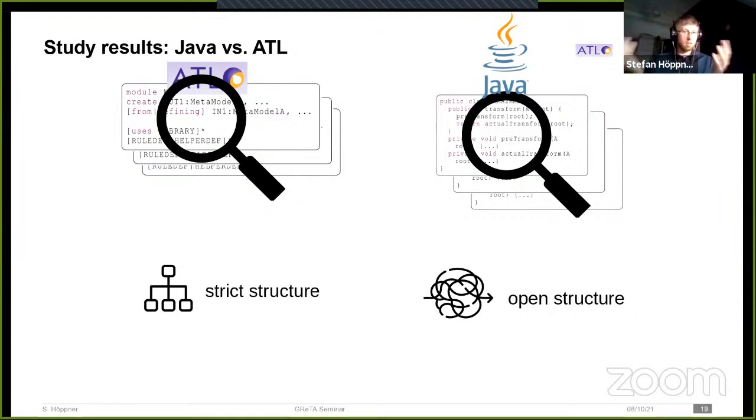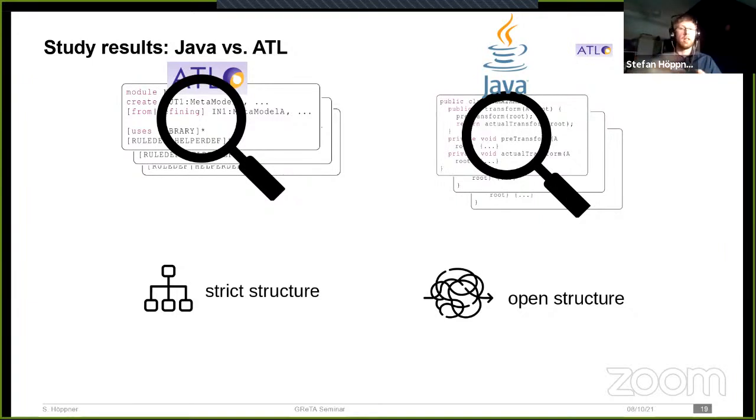Now, this isn't in and of itself a bad thing or a good thing for any of the languages. It's just something that's really different between the two languages. It can be a completely different approach as to how you define your model transformations, and depending on the case, it can be an advantage or disadvantage. So if you know you want to map A to B, you're probably better off with just the ATL code because you know what you have to do. You write a rule, you put A there and B there, and then you're basically done.